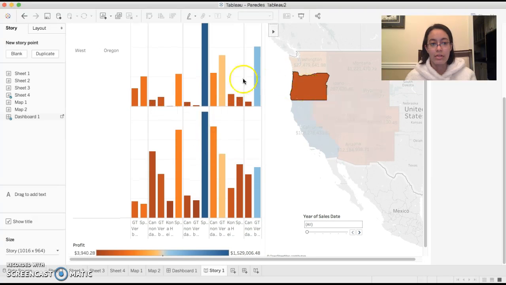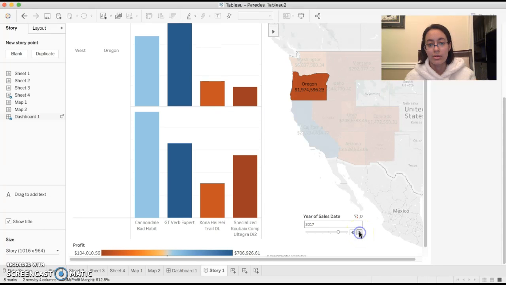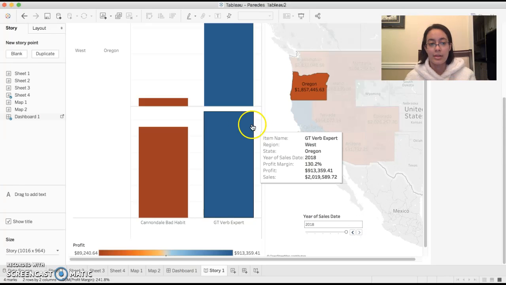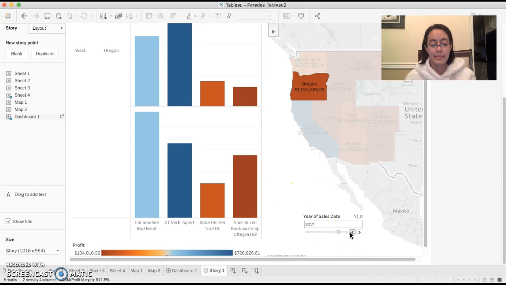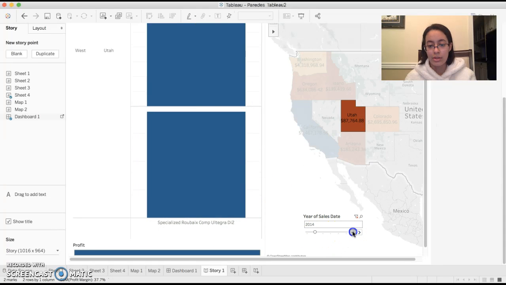So here it shows Oregon as my previous one, but as you go through the years, it doesn't really show any gap. So I just decided to use Utah,